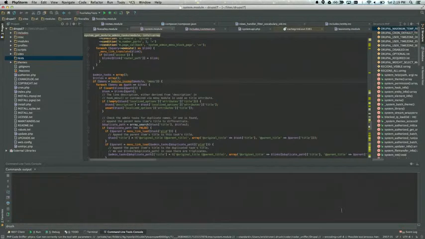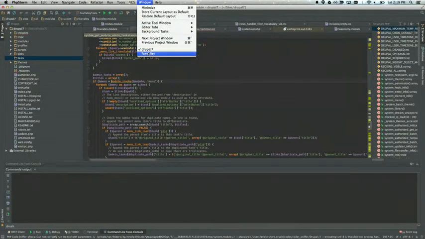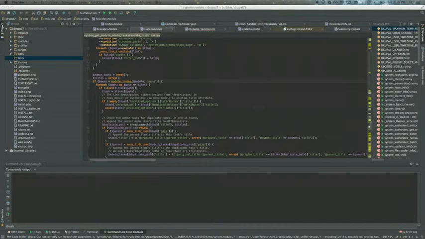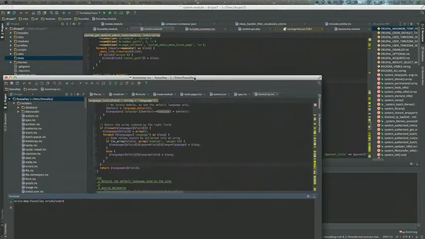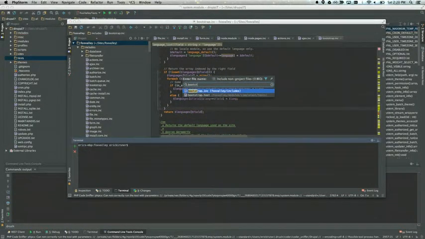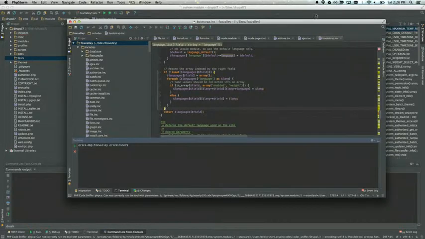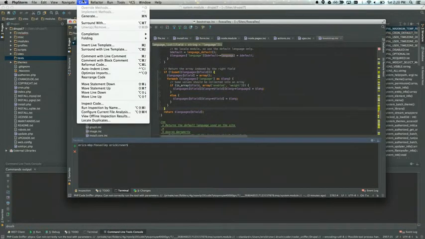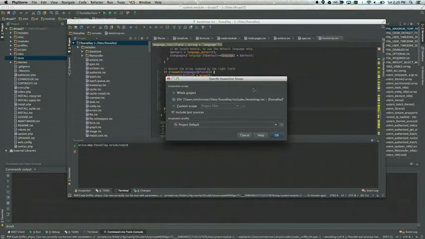So if we were to find, for example, a file that didn't meet coding standards, maybe not so hard to find if you look. Let's see. It's so much clearer on that screen. I should probably duplicate. If I look at bootstrap.include, I'm going to go ahead and click on code and then inspect code, which is going to run Code Sniffer against it. I'm just going to do this file.